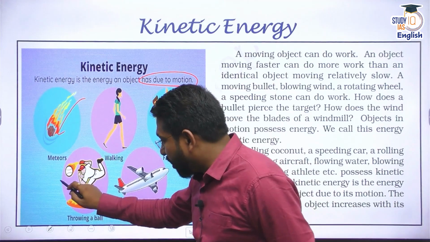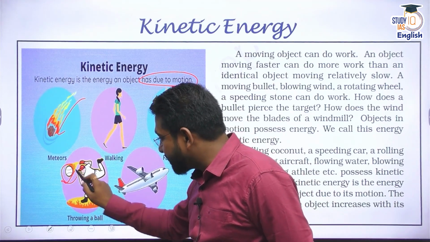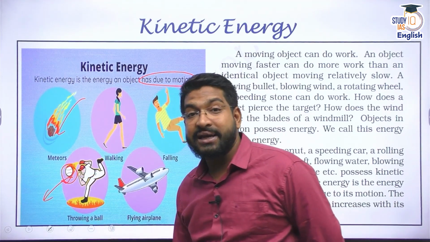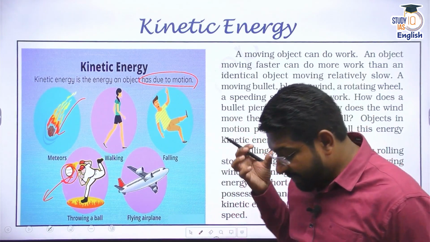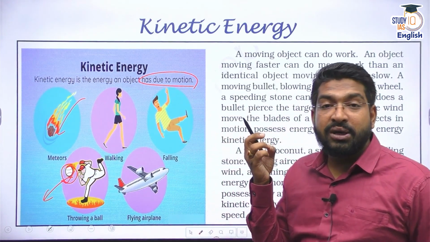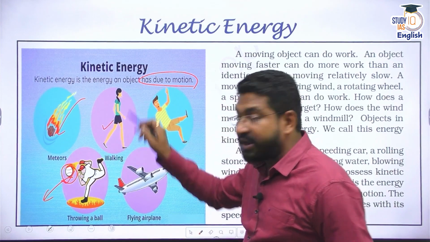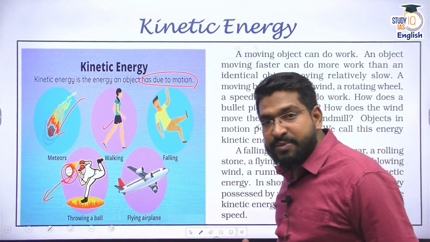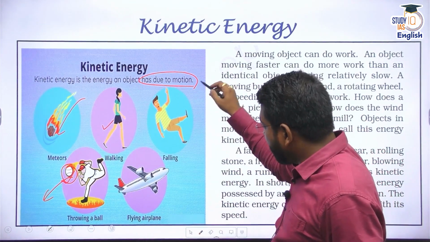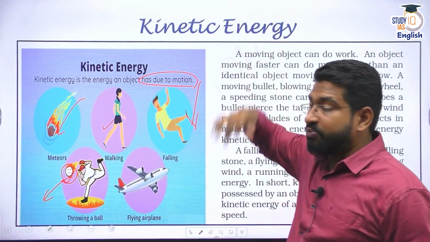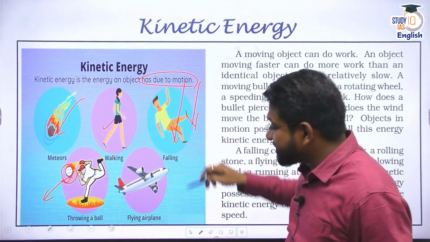I am throwing a ball. That means this ball has energy. This ball is in motion. It has energy. If it hits me, it's going to give me some injury. If I am walking, I have energy, or I have kinetic energy. I have some sort of momentum. If I'm falling, or if I throw some object from upwards, if it is in motion, then it has kinetic